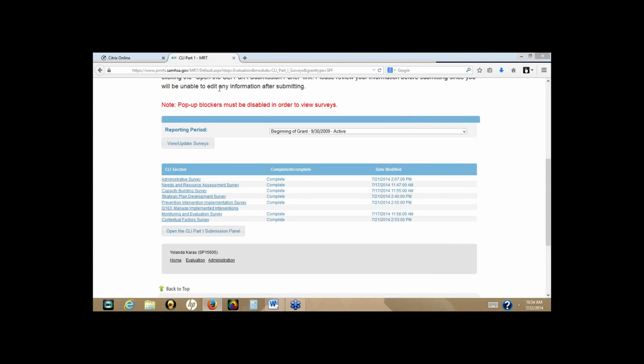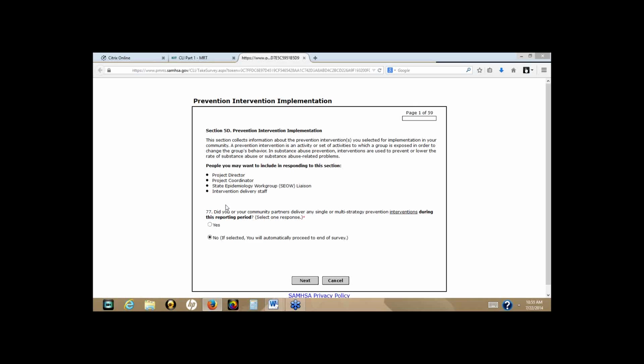All right, so we went through the first 4 here. This next one is Prevention, Intervention, Implementation Survey. So this one asks about if you or your community partners delivered any prevention interventions during this reporting period. For right now, the answer is probably going to be no for most of you, because that comes after your strategic planning. These are the things that you've identified about what's going on in your community and the things you want to change, and you've made a plan for how you're going to do it. This is asking you, how did you do it? So for right now, for most of you it's going to be no. So you'll need to select no,